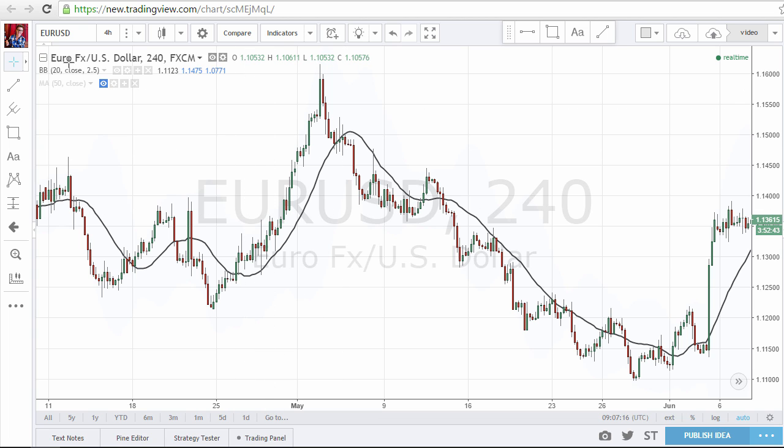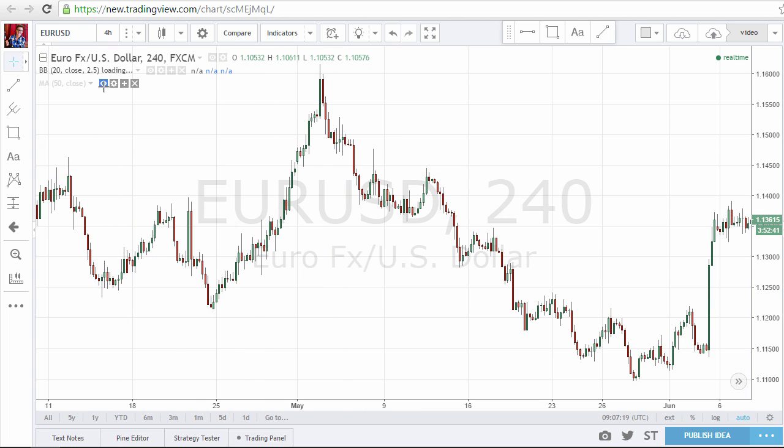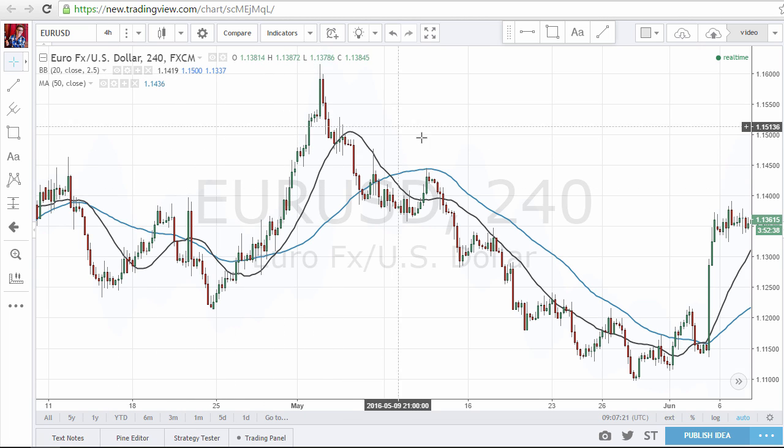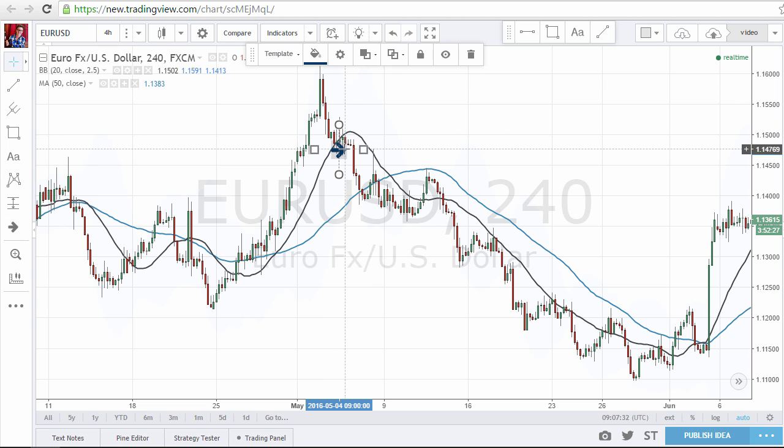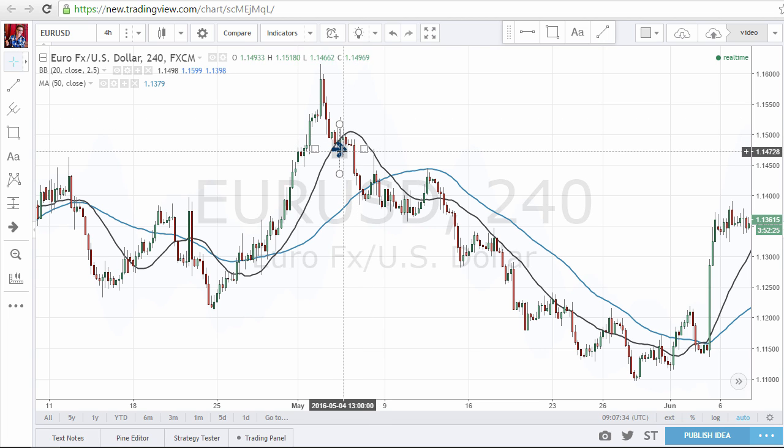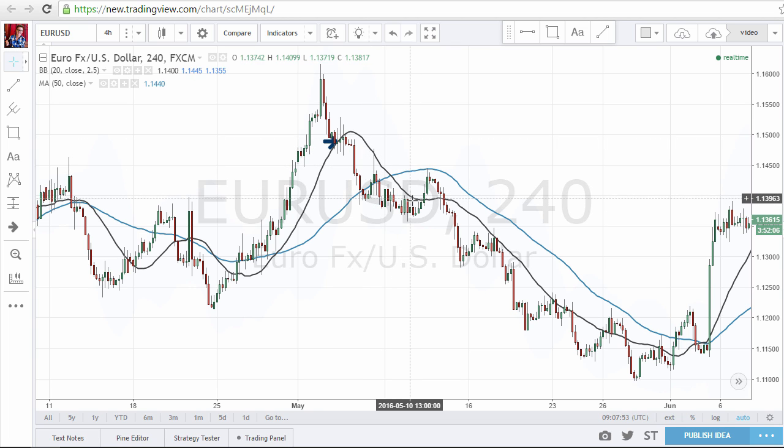At the same time, you can use the moving averages for your stop trailing. So once I'm in a short, or once I'm in a trend, then I move my stop loss. Let's say we entered a short here after price broke the moving average. And then when we are short, we can use the 20 SMA to trail our stop loss. A good rule of thumb is that you don't place your stop right on the moving average, because you can see price from time to time tries to retest the moving average, which is a very common behavior during